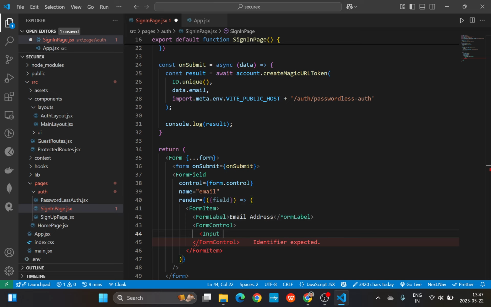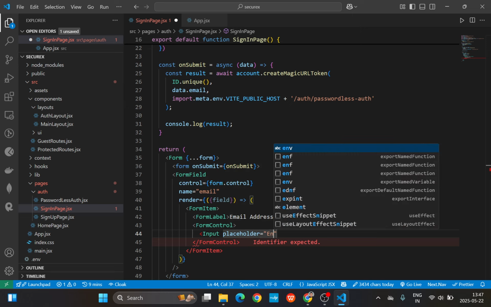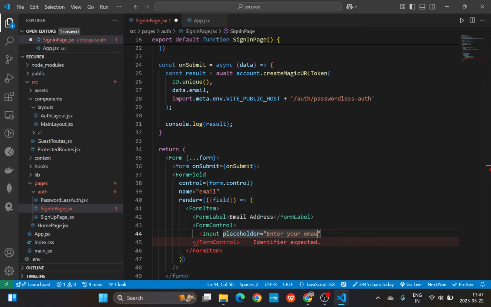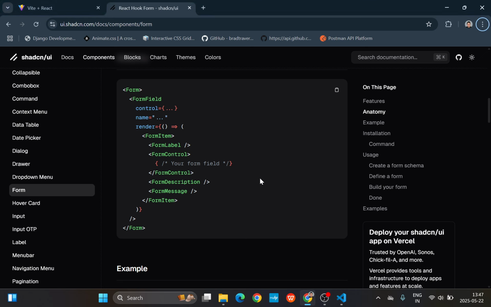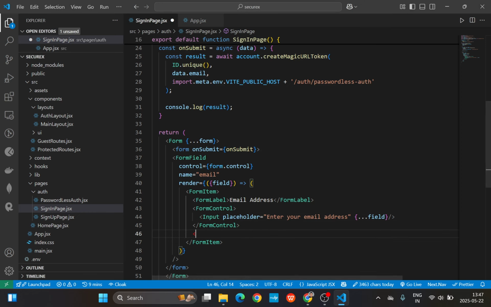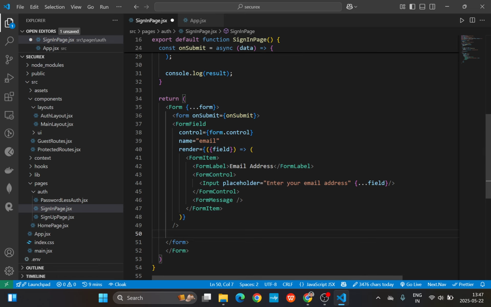Rather, we'll just provide a placeholder: enter your email address. And I'll write a field. To render the form messages below the form control, I'll provide the form message component to render out the form messages. And after doing that, I have to just render the button component